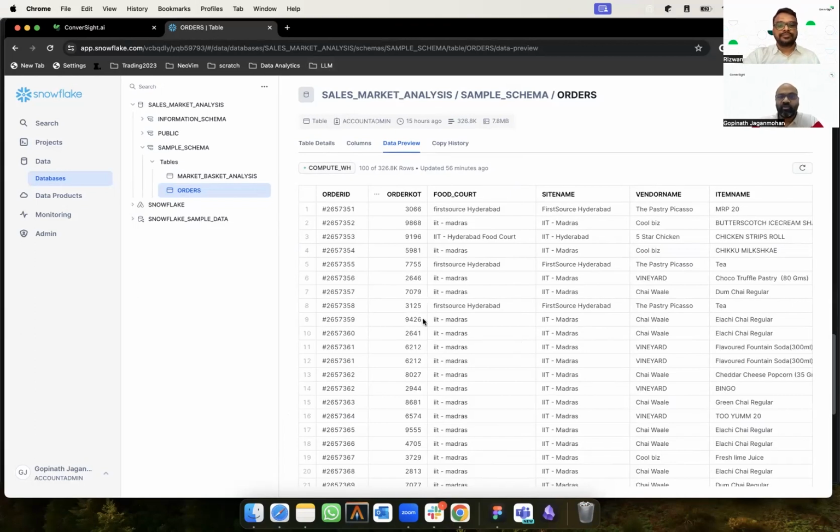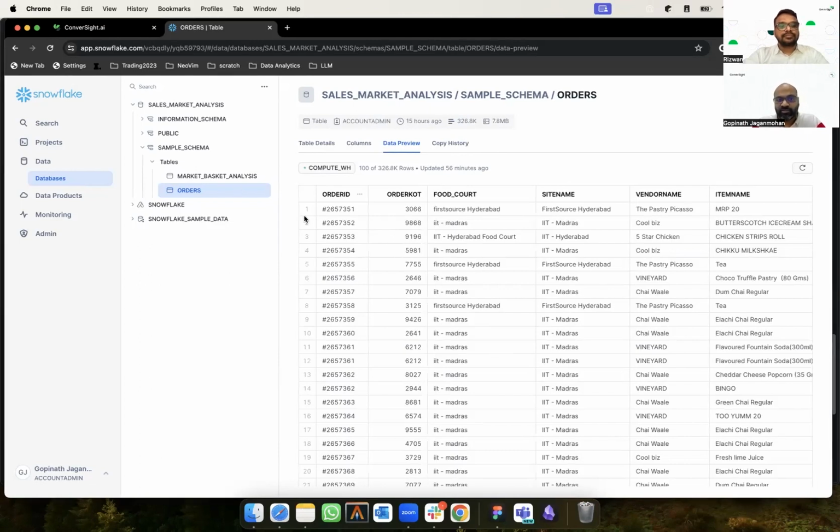Okay. So hi everyone, and welcome once again. As Rizwan mentioned, we have various connectors, but we just wanted to take Snowflake and see how this can be connected within the platform, and how we can configure it. And then how we can ask questions so that Athena, the character within ConverSight, can answer them.